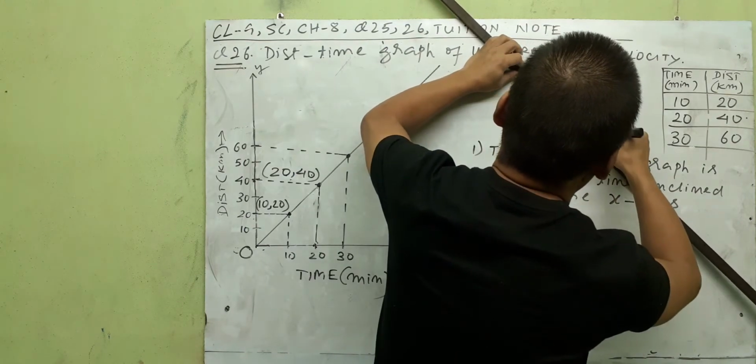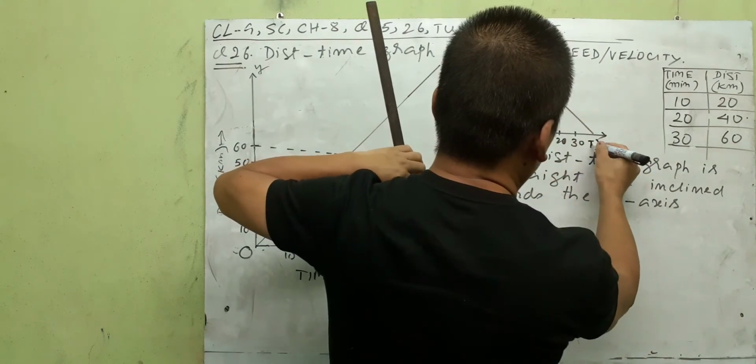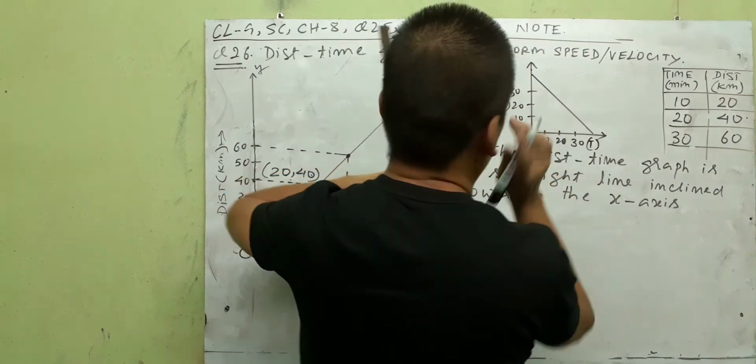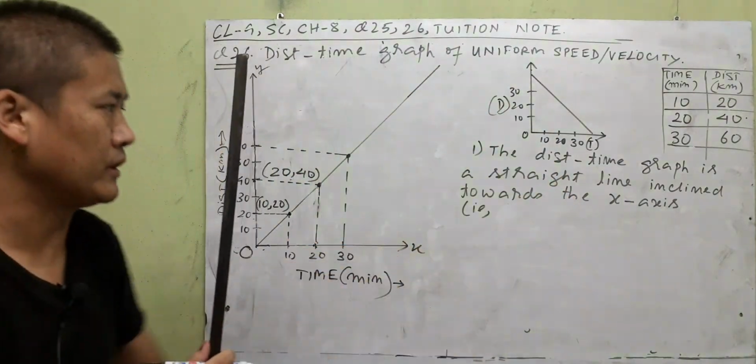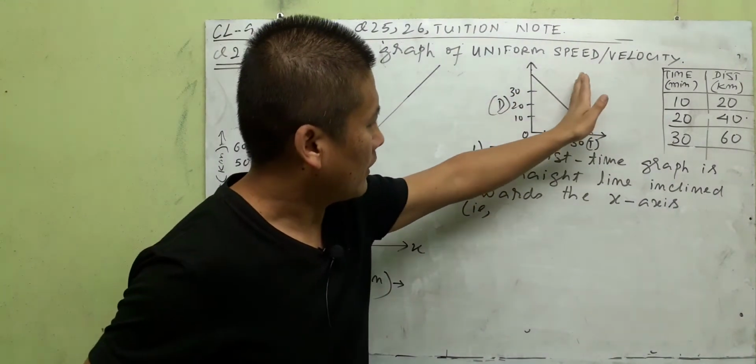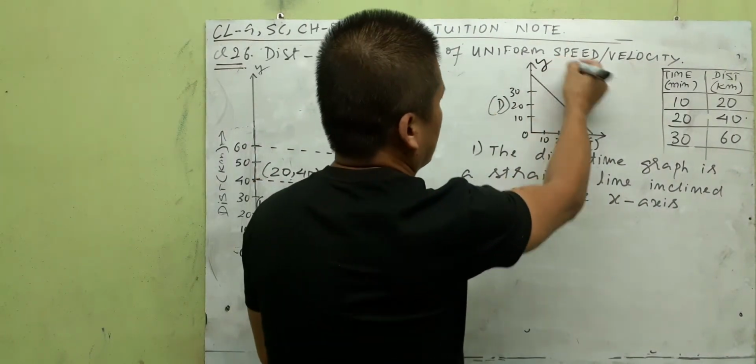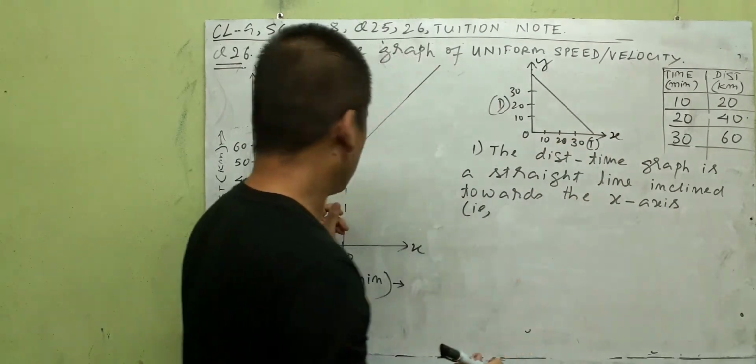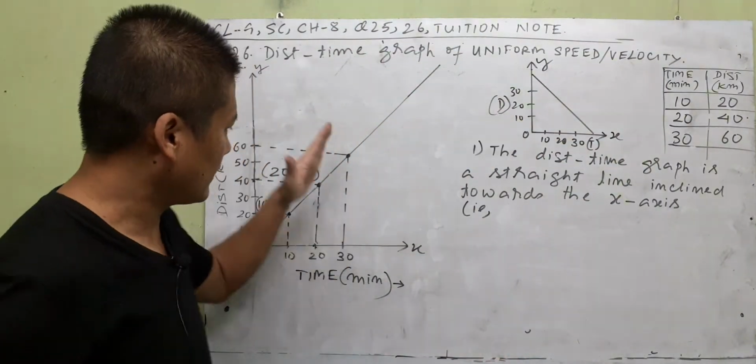This is the time and this is the distance in short. Then we would call this graph leaning towards the y-axis. But this one is not like that, it is leaning towards